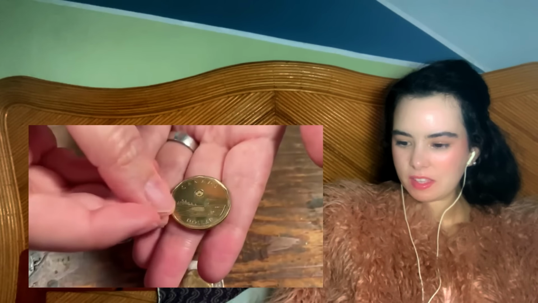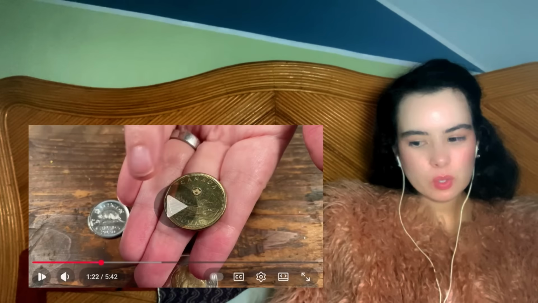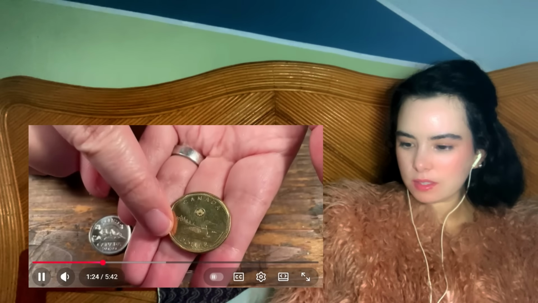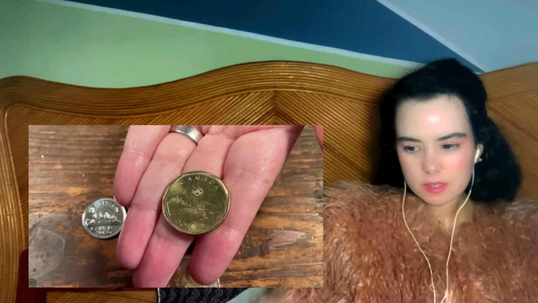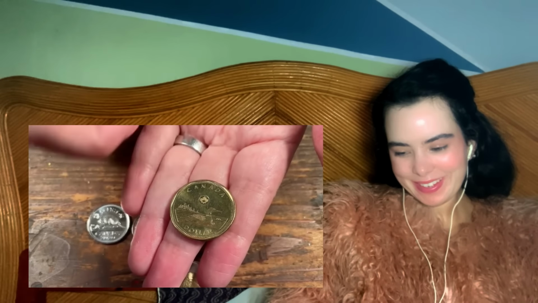Next we have our loonie. It is actually a $1 bill or $1 coin. Okay, what on earth is a loonie? It's $1. I love the fact that it's golden. And it's called the loonie because it originally had a loon on it, which you can find a lot in Northern Ontario. And they use the loonie as well to do a lot of different coins, such as this